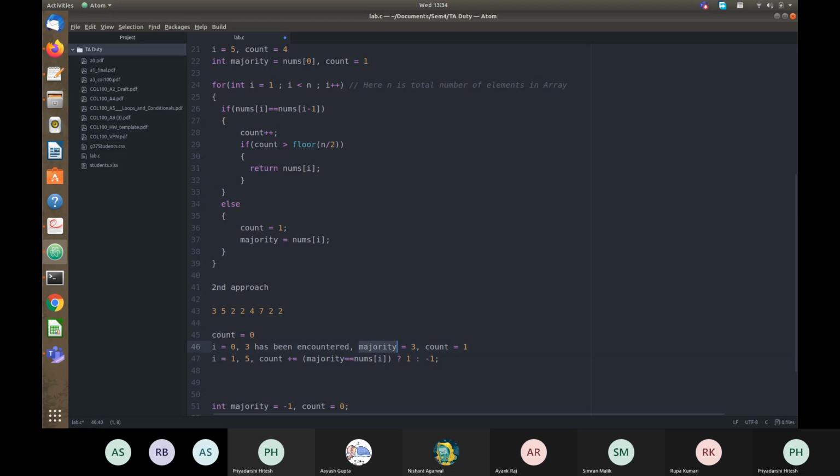So what was our majority element? Our majority element was 3, but now 5 has been encountered. But since count was 1, we will simply decrease it. So the value of count is 0. The majority element remains the same, we have not changed it. When we go to the next loop iteration, there comes 2. The same logic will be applied, but now the value of count is 0, right? So you will simply change majority to the number 2, as we did when we first encountered 3, since the value of count is 0,